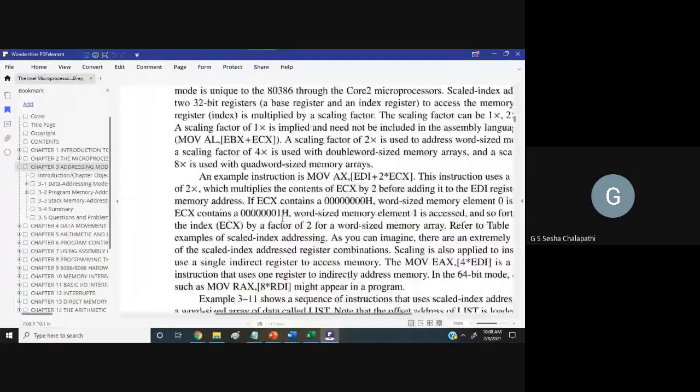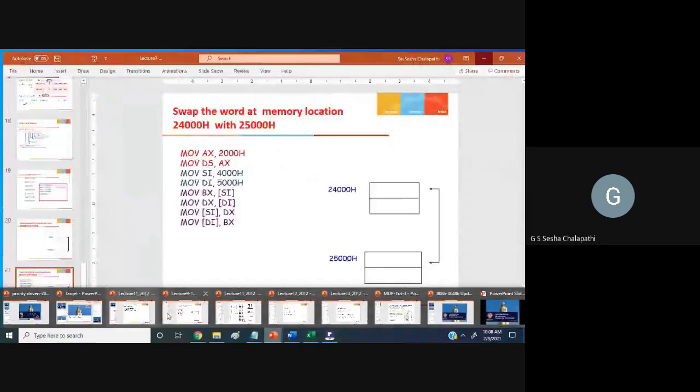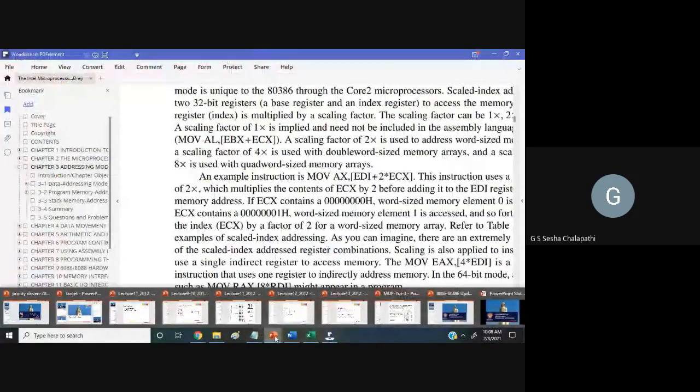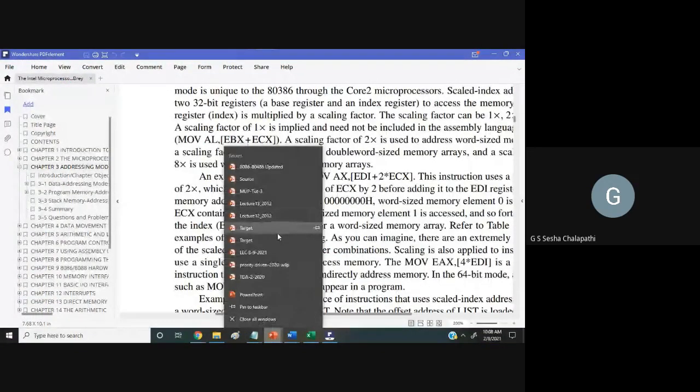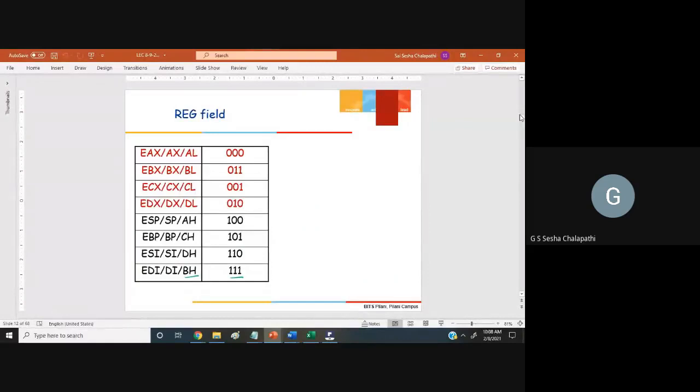Basically the scaled index addressing mode, the one that we were looking at last time. It will basically scale up the index that you are looking for. For example, the instruction that we were looking at is